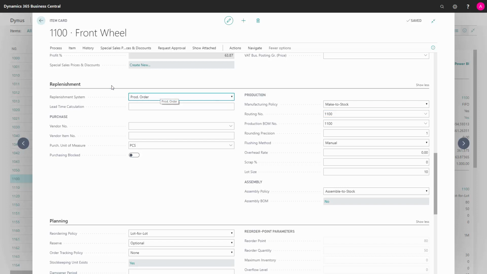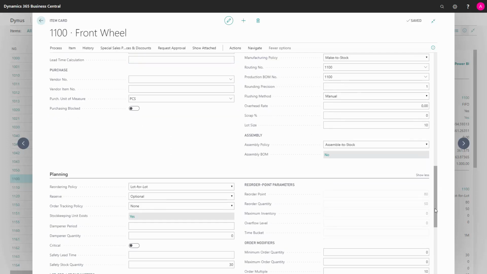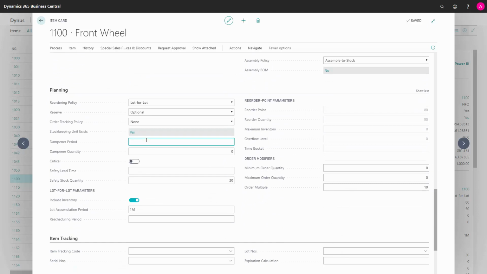And they're all independent of the replenishment system, so whereas the replenishment system only displays where we get the item from, the Planning tab will display how to calculate when the item should be, or the supply should be in-house, and what quantities we're planning on. So all the fields in the Planning tab have to do with quantities and dates, and all the fields in the replenishment on how we replenish the item. So let's run through all these fields.